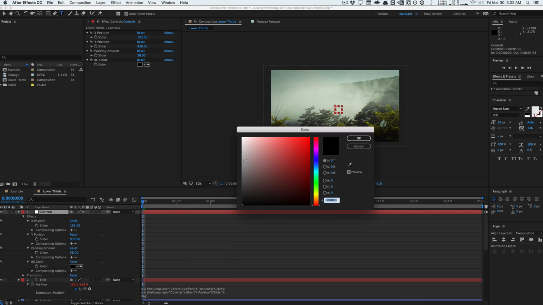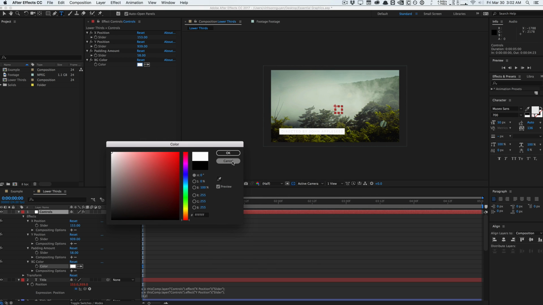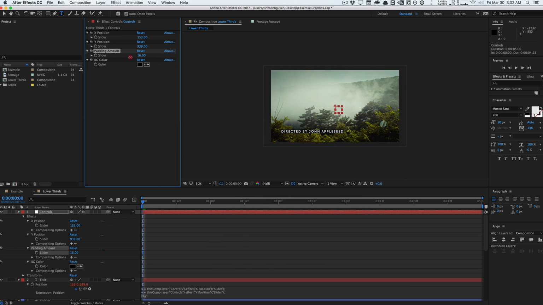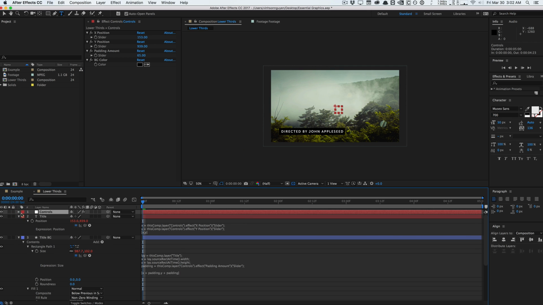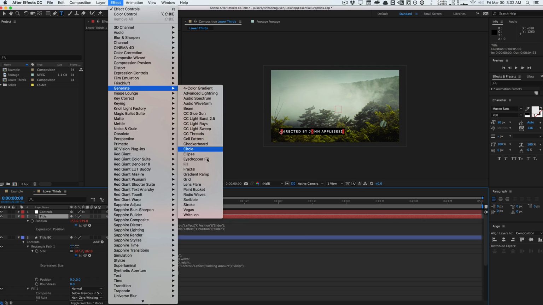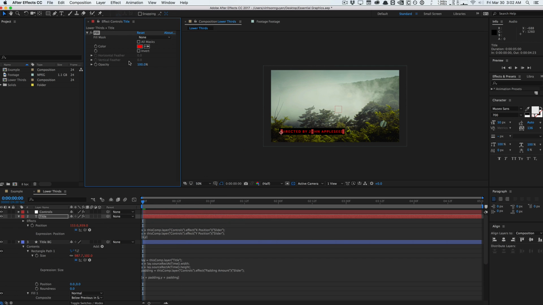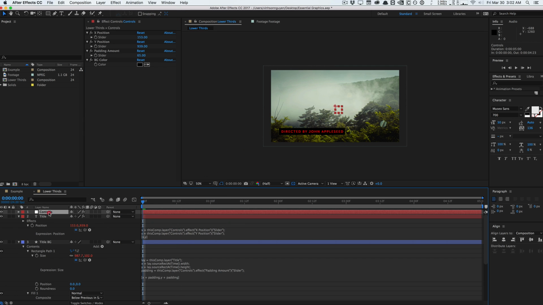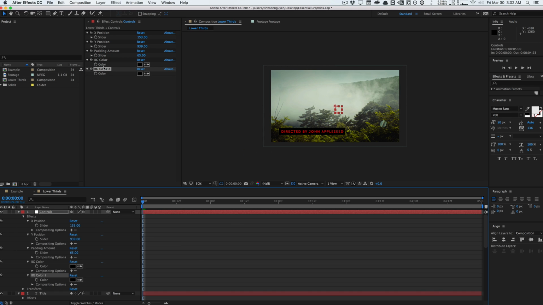We can change the color to white. We can change the padding amount. We can change the X and Y position. You can even add a control for the text color, which we can do here by, let's see, just adding maybe a generate fill effect maybe. And we'll go ahead and duplicate this. And let's see here. We'll call this